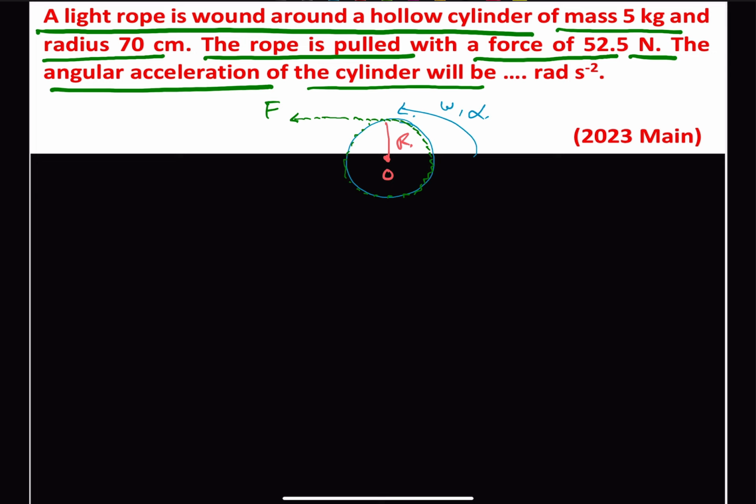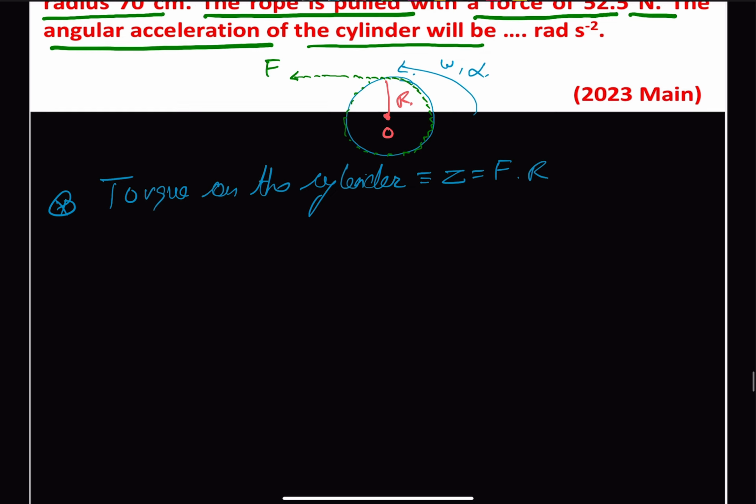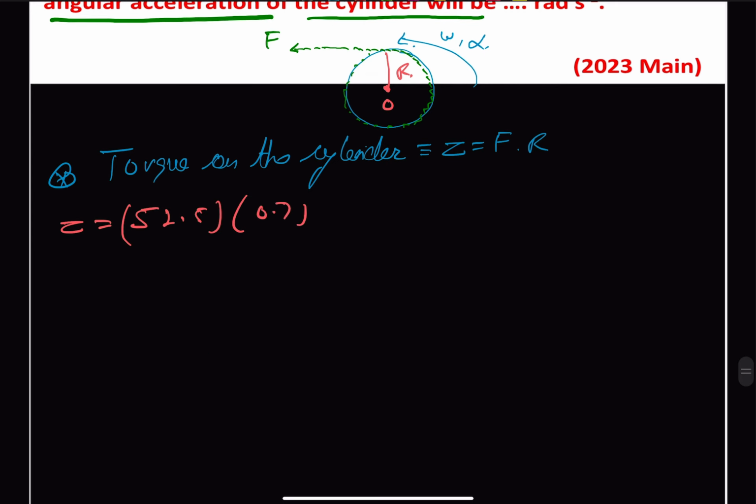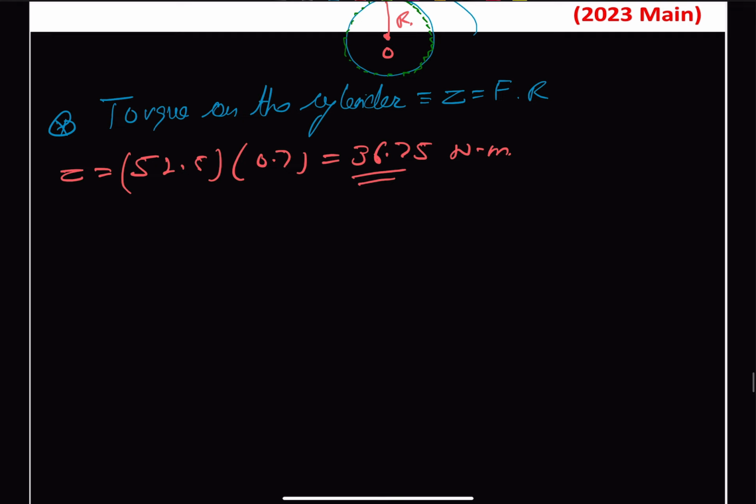Therefore we can say that the torque on the cylinder, that is tau, will be equal to force multiplied by the perpendicular distance, the radius, because it is going to rotate about point O. We substitute the values: torque is equal to 52.5 times the radius, 70 centimeter, 0.7. This comes as 36.75 Newton meter,